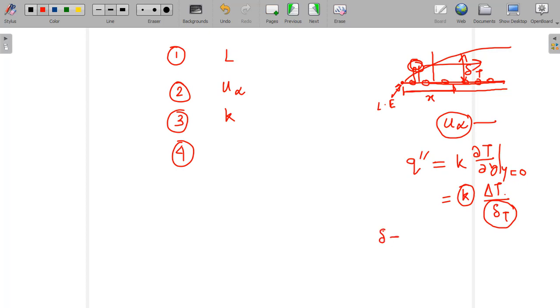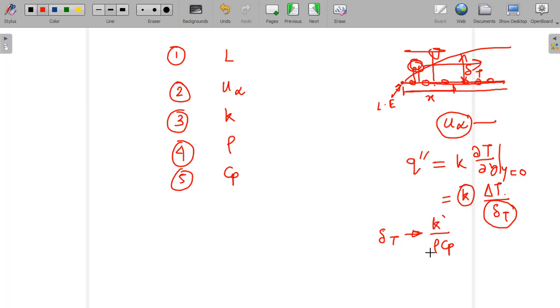factor? Definitely this delta T, you have already understood, depends on the diffusion, that is the thermal diffusion, which is conduction, and it also depends on the thermal inertia. If the thermal inertia is large, definitely this delta T will be small. But if diffusion is large, that means if K is large, then this delta T will be large. So it depends on rho Cp, so K by rho Cp. So these are the quantities on which it depends, that we can understand.